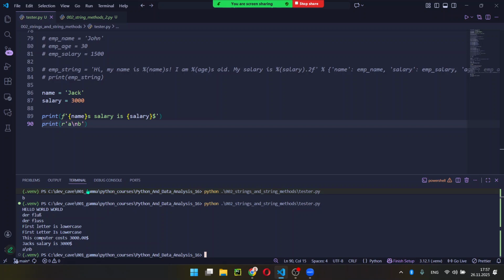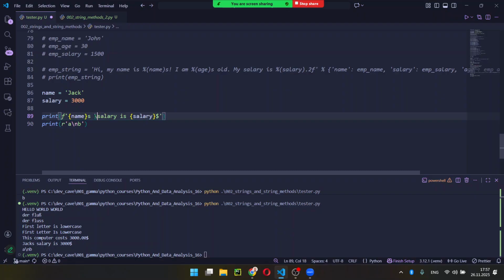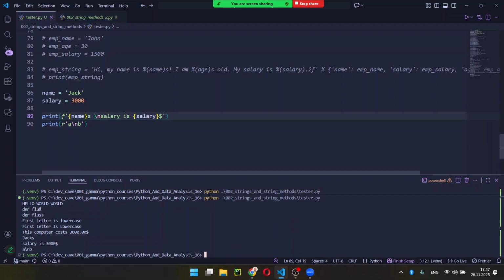F string, I mean, in the end, F string will use it as a new line. Yep. So if you put it here somewhere, it will be a new line. So F string still works like a normal string. The only difference between F string and normal string is that you can use curly braces and variables from the outer scope inside. And then R string is like a raw string,